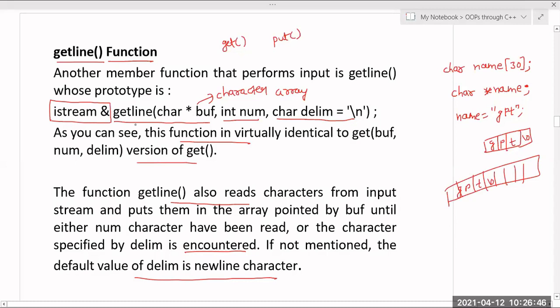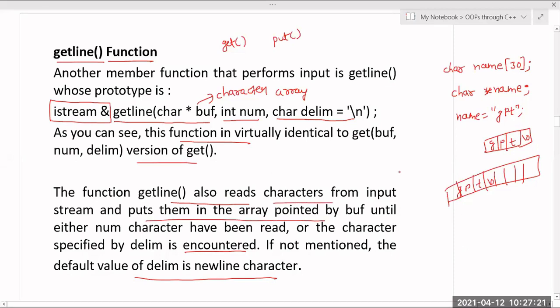So that's why in case of getline also, I can use this character array, and the next one is the number of bytes that I want to allocate, and the third parameter is the delimiter. Whether I want to delimit that particular function by using \n or space. If I use space as the delimiter, it means how these two strings can be differentiated, or what is the end of this particular getline, we will mention by using this. So it is reading the characters from the input stream and puts them into the array pointed to by the buffer.